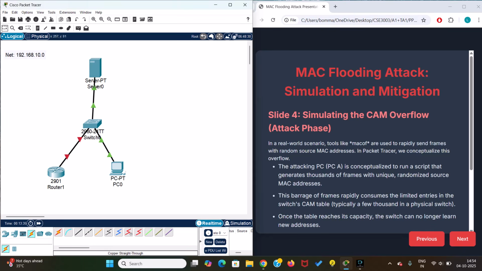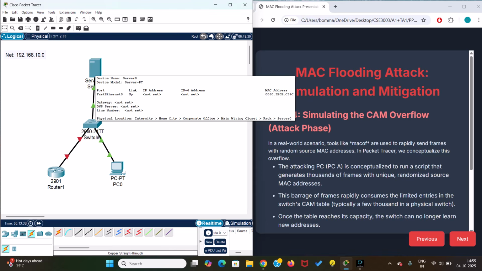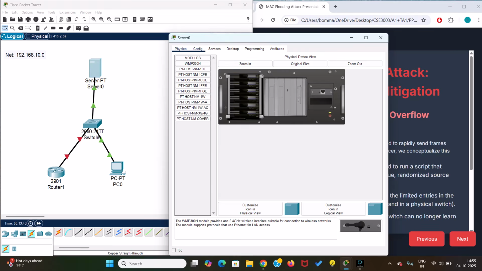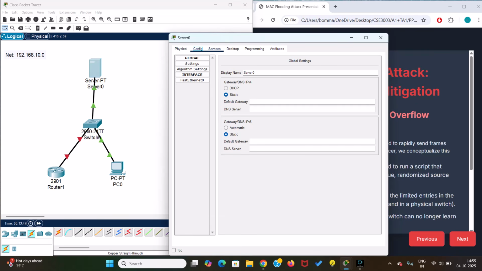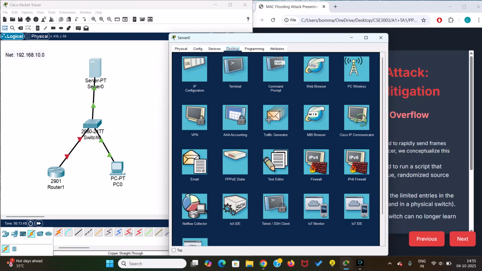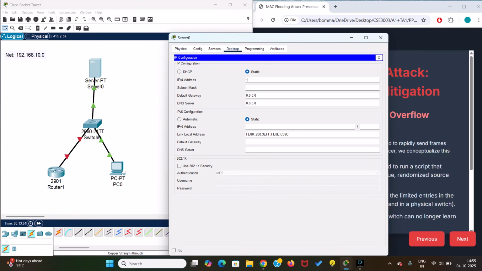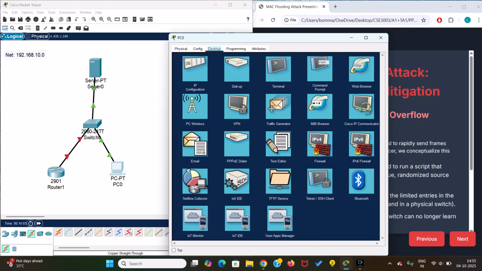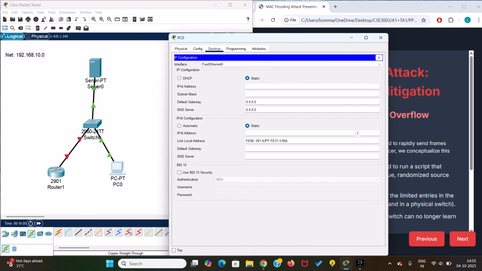Now let us start by giving a valid IP address for all the end devices, starting with the server. Configure, desktop, IP configuration. Let us use the first usable IP address 192.168.10.1 for the server, and for the PC 192.168.10.2,